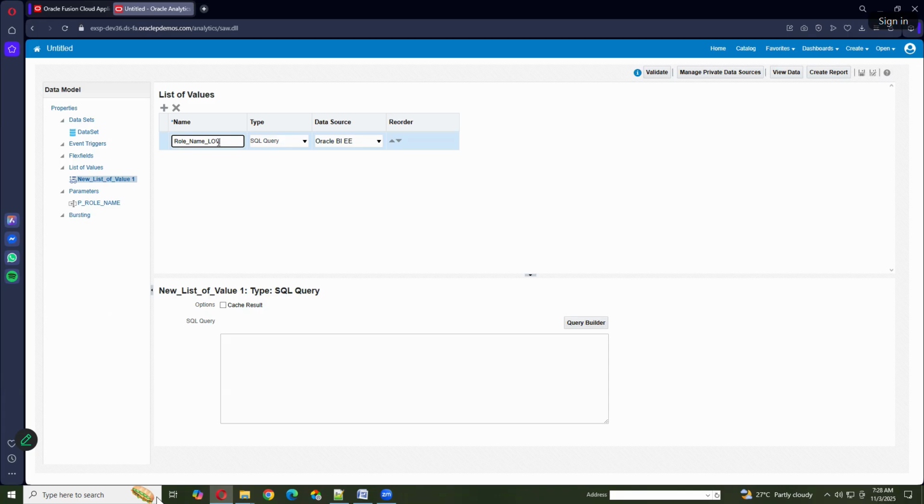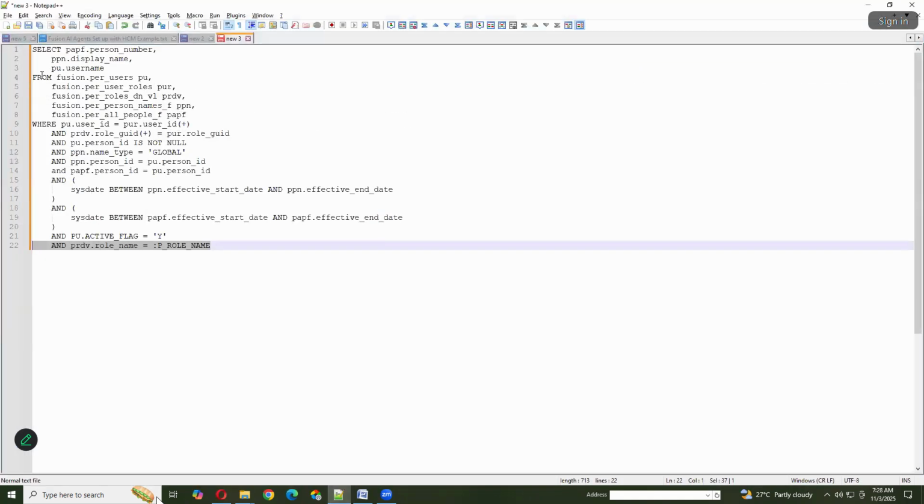It should be more or less meaningful so that any developer who modifies your report should be able to understand. The type is SQL query, data sources, HCM. Now, here in this SQL query, I'll just take the roles related table,